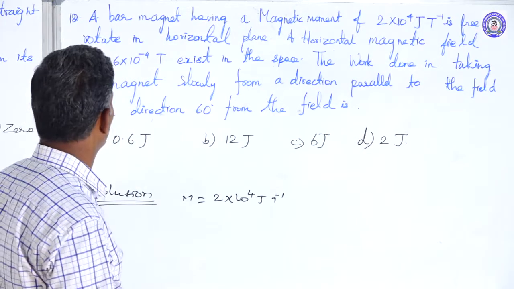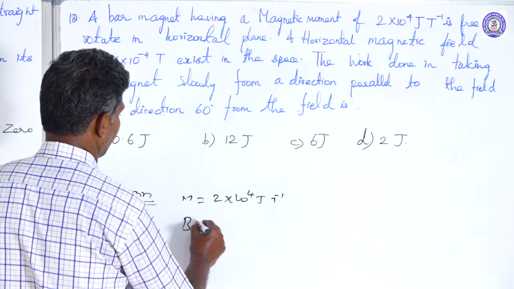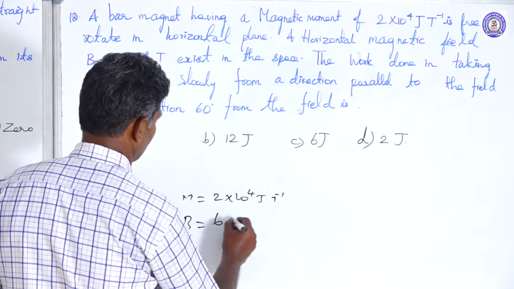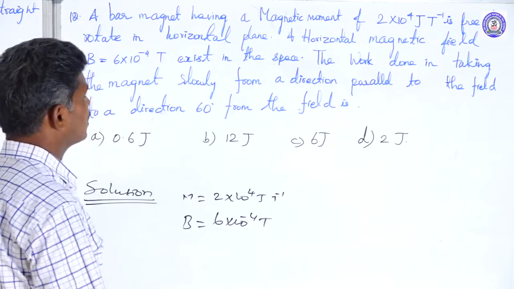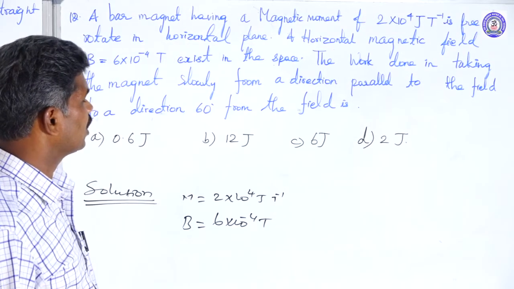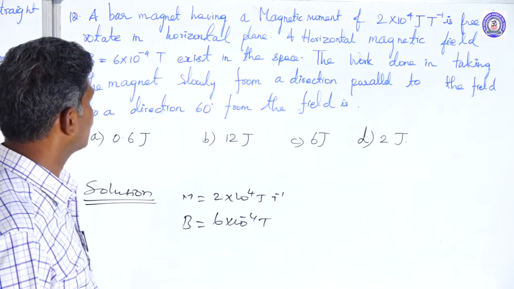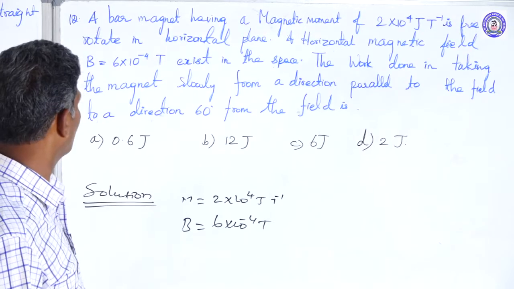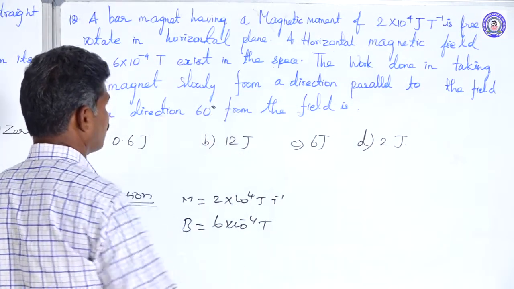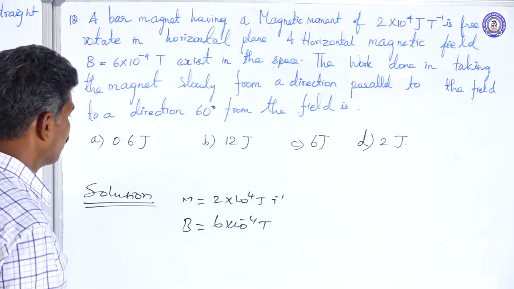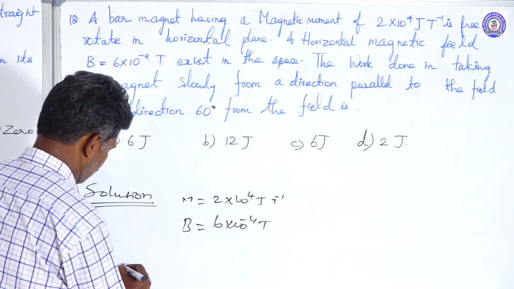A horizontal magnetic field B is given, B equal to 6 into 10 to the power minus 4 Tesla, exists in the space. What is the work done in rotating the magnet slowly from a direction parallel to the field to a direction of 60 degrees from the field? The work done formula is